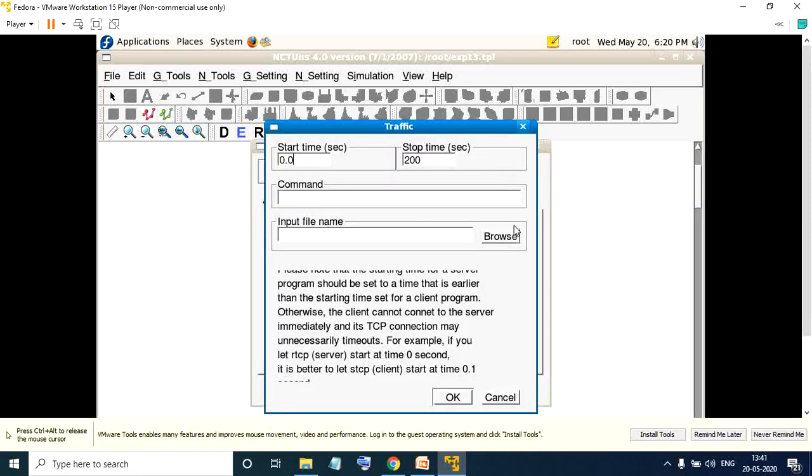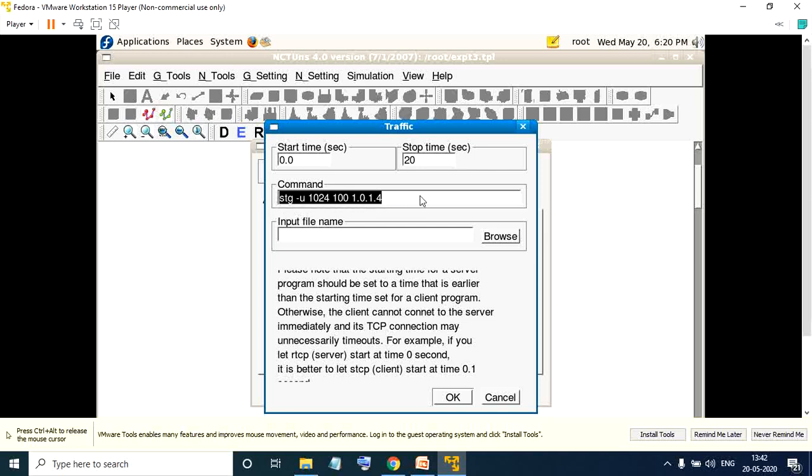I'll say add. I need to add a command. Before adding the command, I would like to tell you that we will be using UDP connections in order to connect all the nodes together. So I will be using the UDP command, which you already know and already used in your experiment number 1, which is stg -u 102400, followed by the IP address 1.0.1.4. That is, 4 is my first receiver. So this is my command.